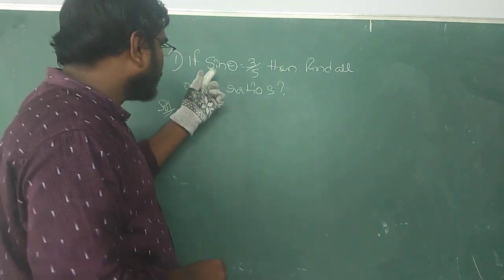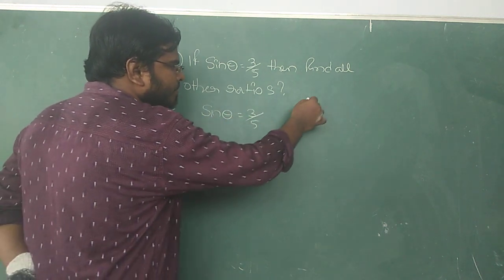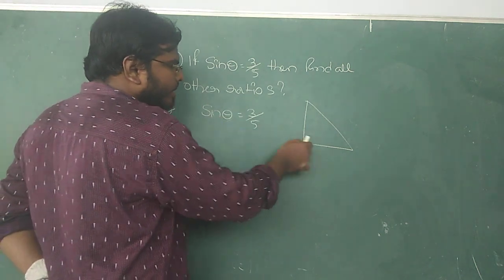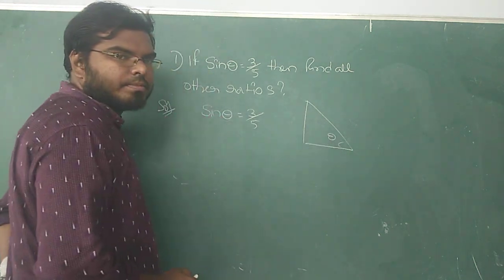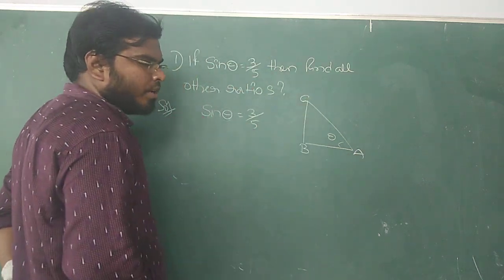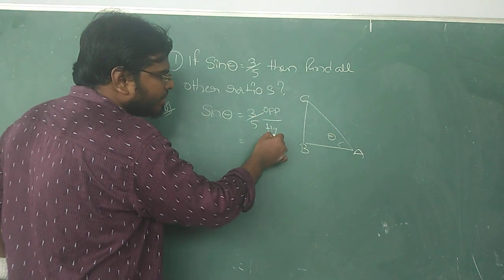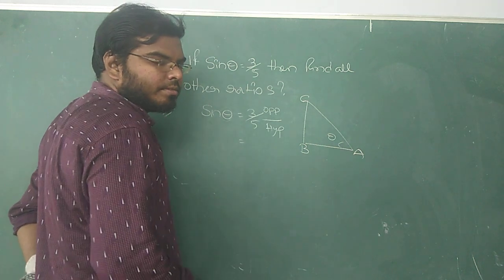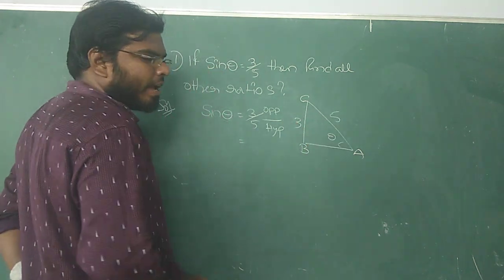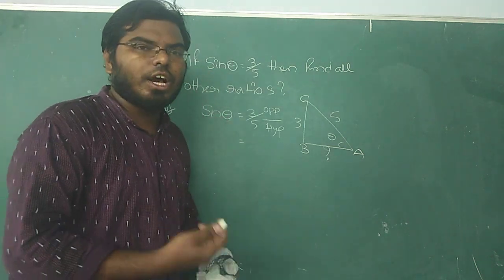First, I am writing here what is given. Sin theta is equal to 3 by 5. This is a triangle now. Here only theta is given, that means here an acute angle is forming. And listen, this is A, this is B, this is C. Now we know that this is the opposite side, this is the hypotenuse. In this triangle, which one is the opposite side? This one. Which one is the hypotenuse? Now, what is the unknown here? The adjacent side is the unknown.